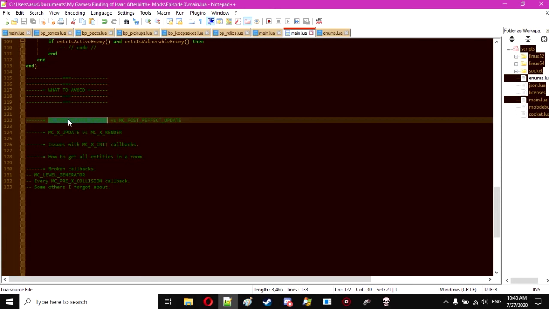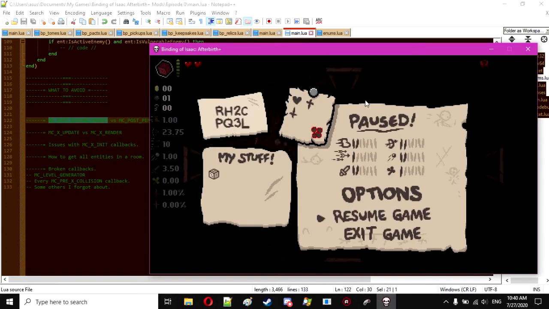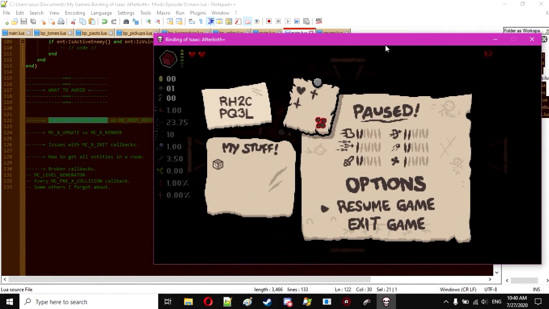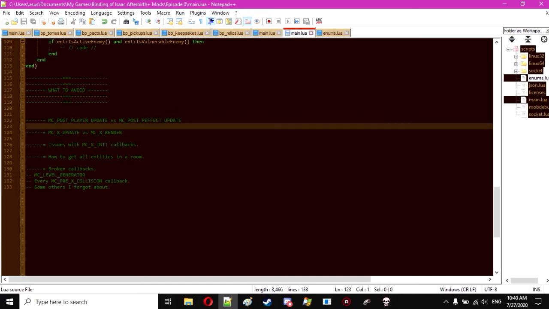Now, MC_POST_UPDATE versus MC_POST_RENDER. Now the thing is, this game runs at 60 FPS. However, the logic of the game runs at 30 frames per second, while the game still runs at 60. So basically what update does is it runs once per logic frame and render runs once per frame. So here if I do a quick thing,